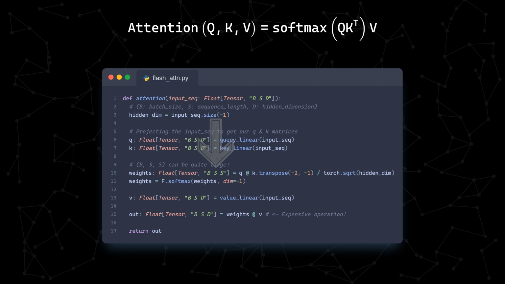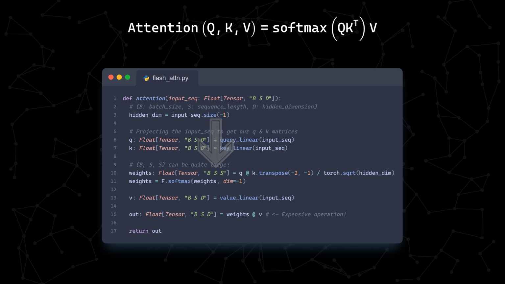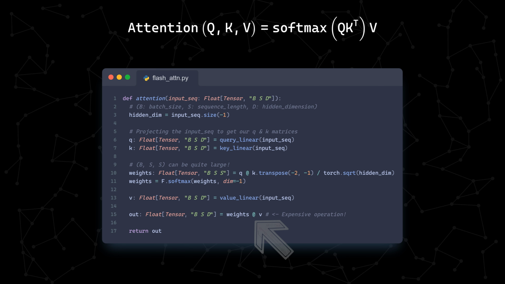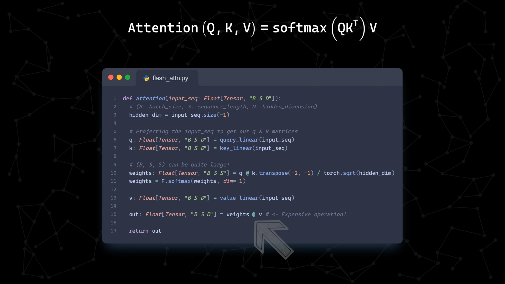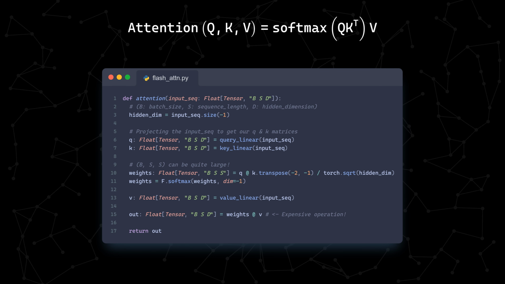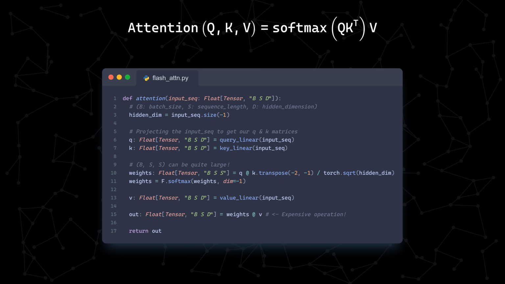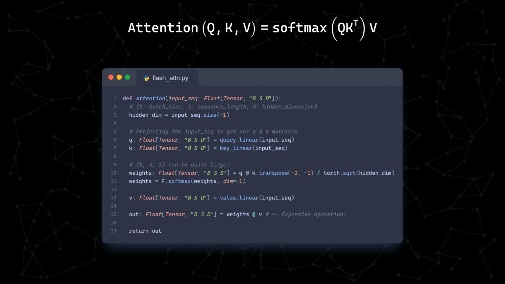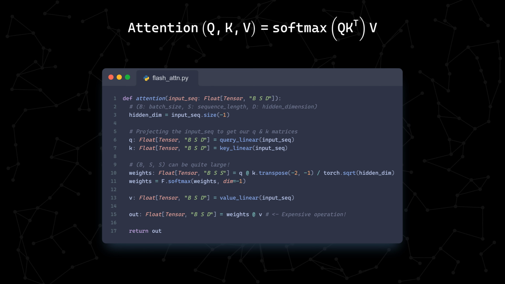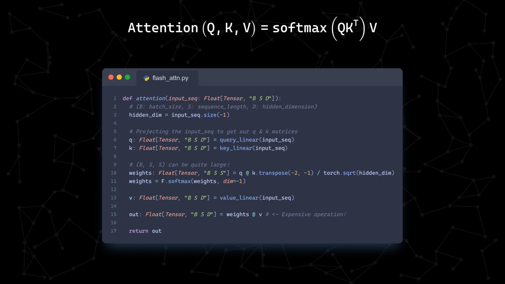We can see the space complexity of the weights matrix is O of n squared with respect to sequence length, and the matrix multiplication operation between it and the V matrix has a time complexity of O of n squared times d. Taking a trip back to our data structures and algorithms class, we know that quadratic scaling is pretty bad and should be avoided if possible. If we had a square matrix with size 1,000,000 by 1,000,000 at bfloat16 precision, so 2 bytes per value, that matrix alone would require over 2 terabytes of VRAM.